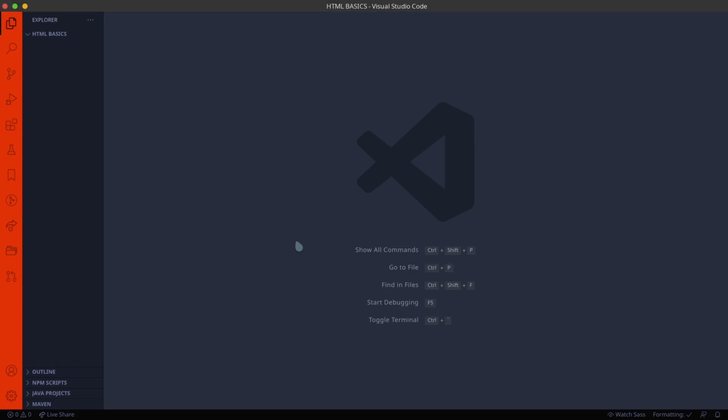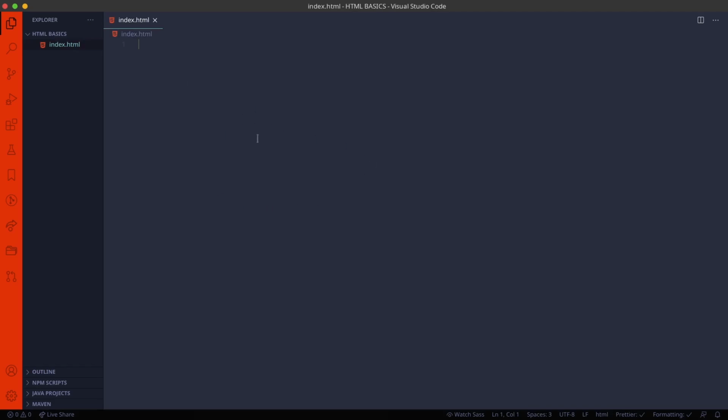Create an HTML basics folder on your desktop and drag it into this code editor. Now you have to create an index.html file in order to write the HTML code.